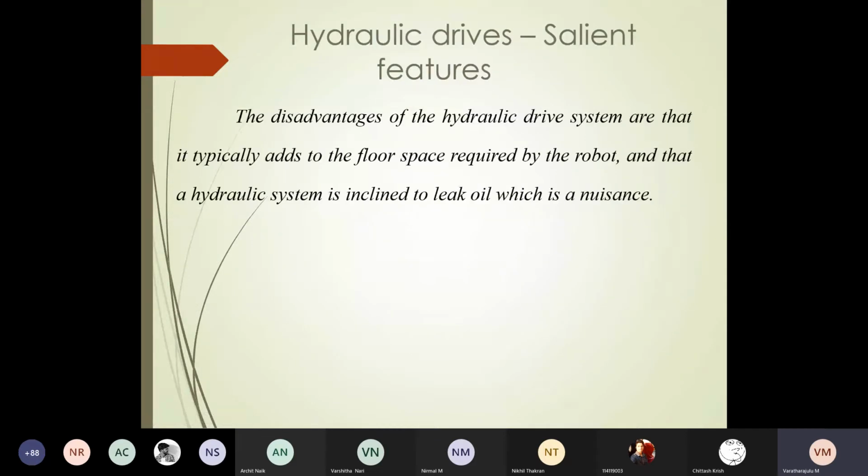And the salient features of the hydraulic system: we are using fluid power instead of the mechanical drive system. Therefore it eliminates the need for links like cams and gears, as the medium of power is fluid and it is not subjected to any breakage of parts as it was in the mechanical transmission system. In the fluid power system, constant force is possible,